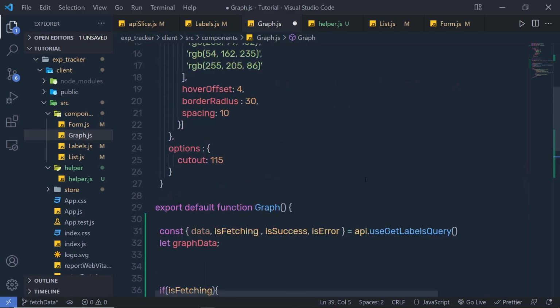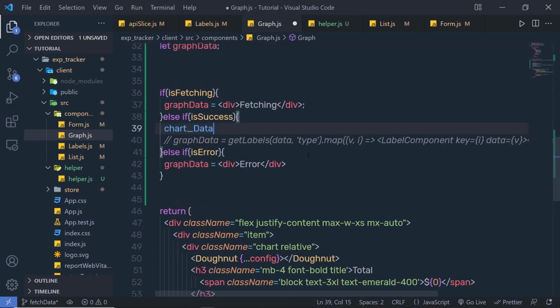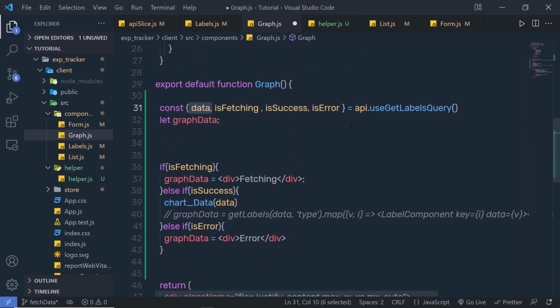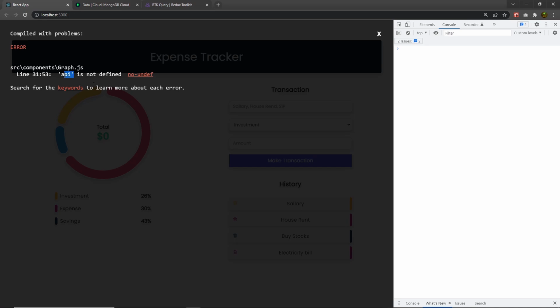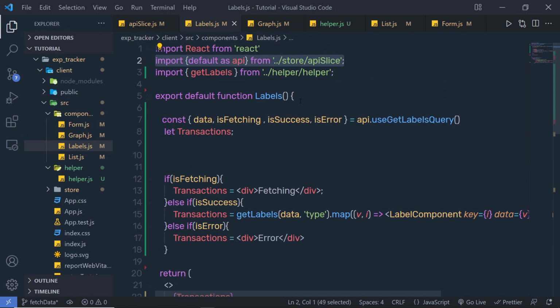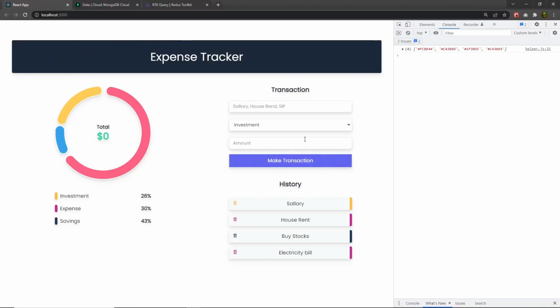and at the top let me call this chartData right here. Inside this isSuccess, and as a parameter I'm going to pass data, this one. I'm going to get this data from the labels, right? So let me save the changes. Oops, I think I misspelled something here. I'm going to get API is not defined. Because in the label we have this statement, let me copy this in the graph. Don't forget to import the API slice. Let me save this. Now when I reload the browser, as you can see, I'm going to get all the